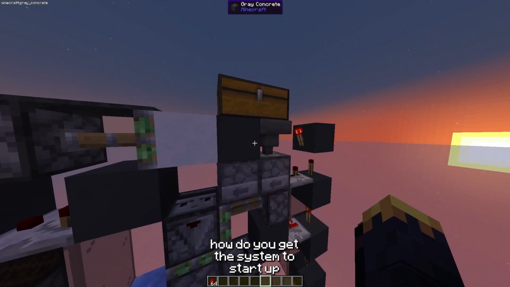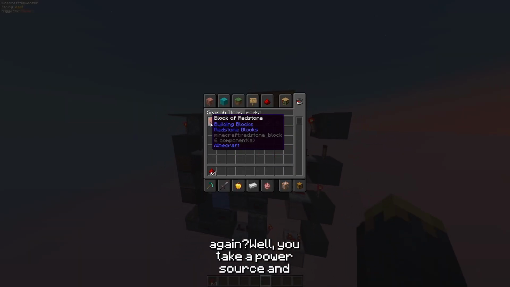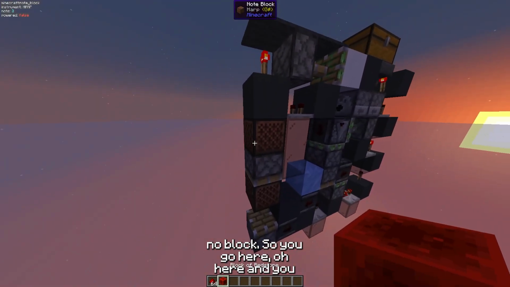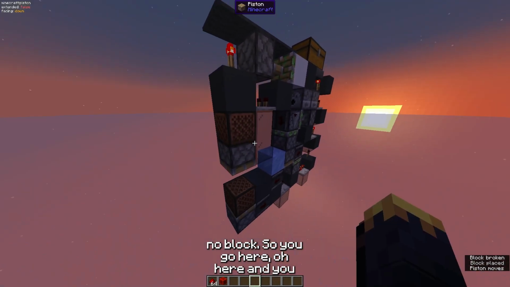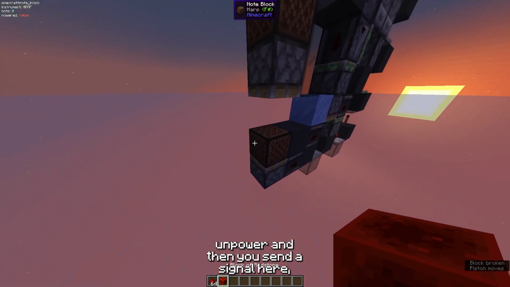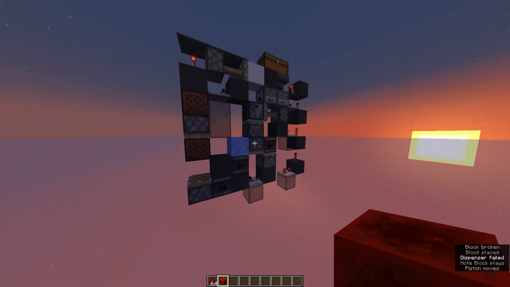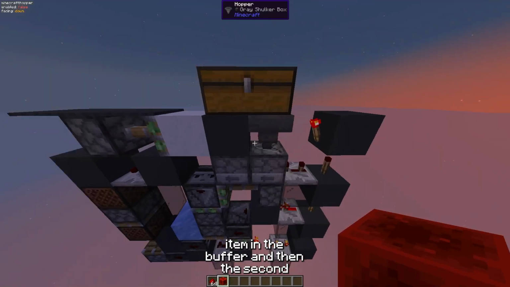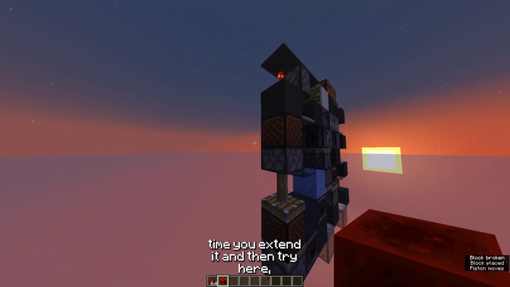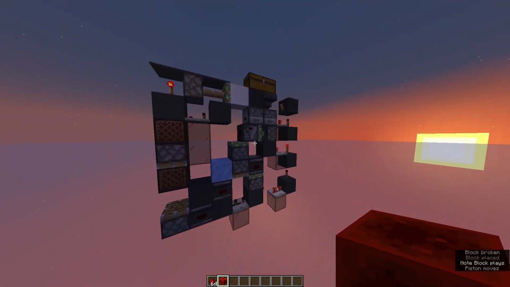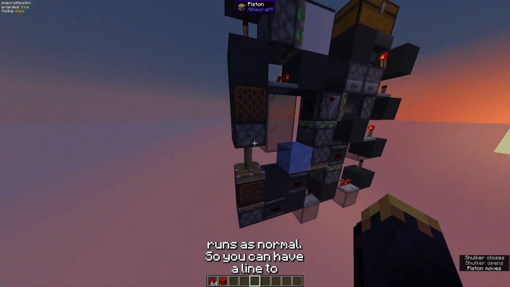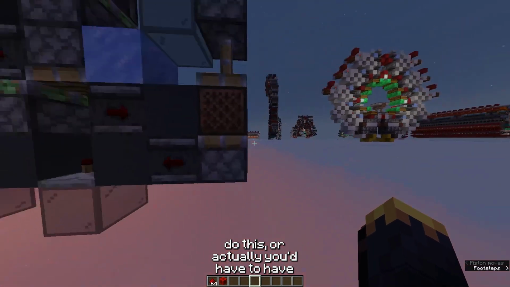So how do you get the system to start up again? Well, you take a power source and you power this block right here, this note block. So you go here, here, and then you unpower, and then you send a signal here, and you have to run this twice, because the first one's just to get the item in the buffer, and then the second time you extend it, and then you power here, it blocks this out, and the system runs as normal. So you can have a line to do this, or actually you'd have to have two lines,